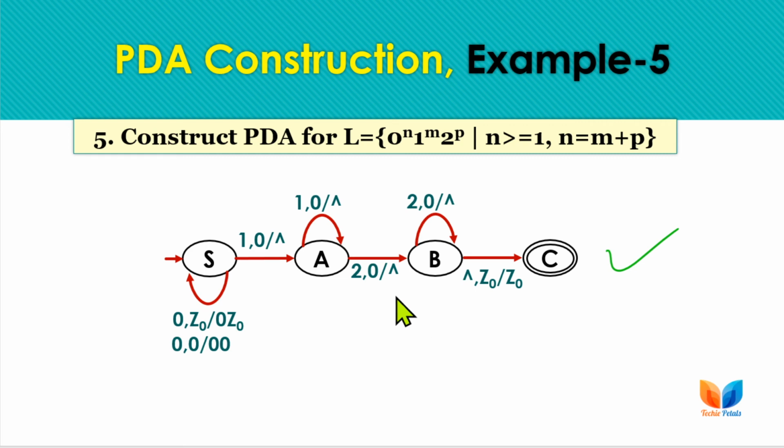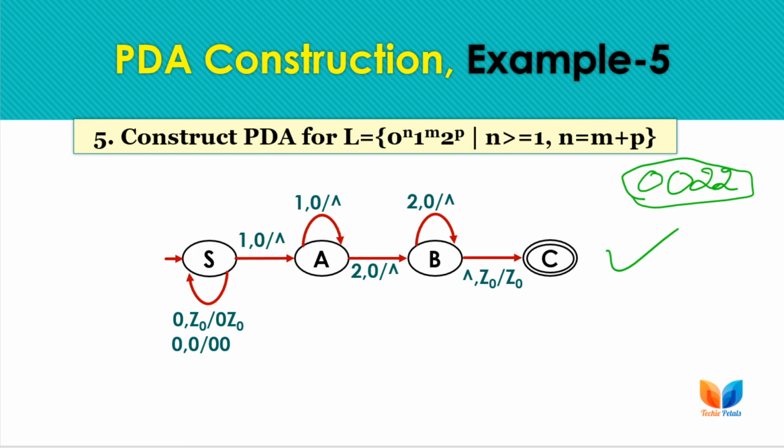But if you check carefully, one case is not considered yet. If we have zeros in the string and we are not having any ones, that is, if we have zeros and then 2s, this string must be accepted, but we have no path from 0 if we get 2. So after 0 if we have 2s in the string, I need to mention that possibility also, because we have to consider all the paths in the transitions.